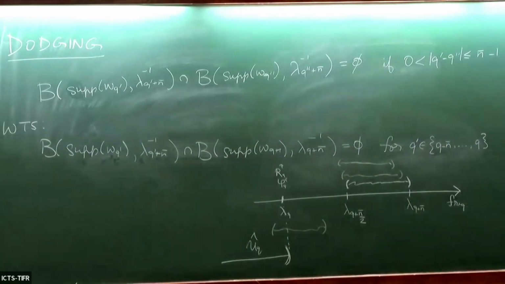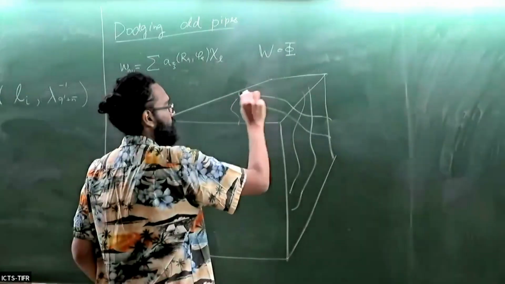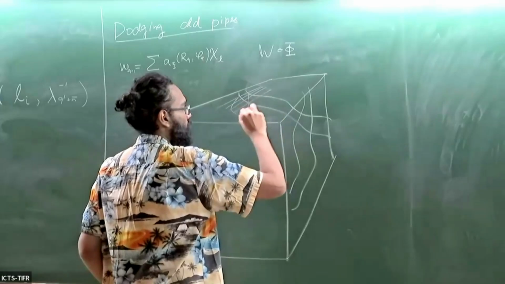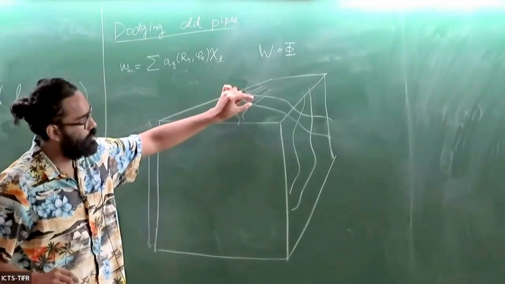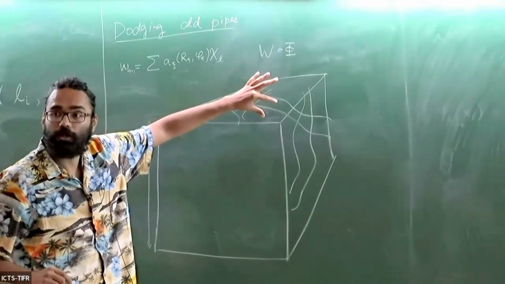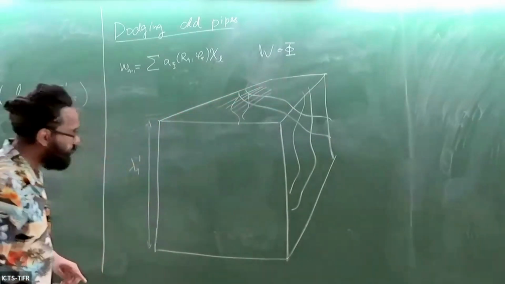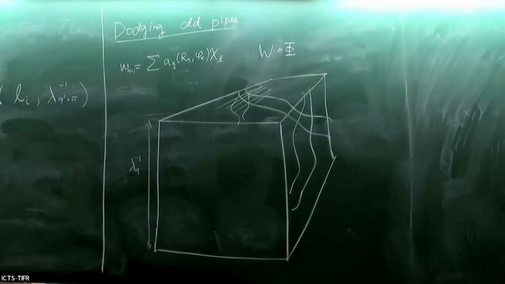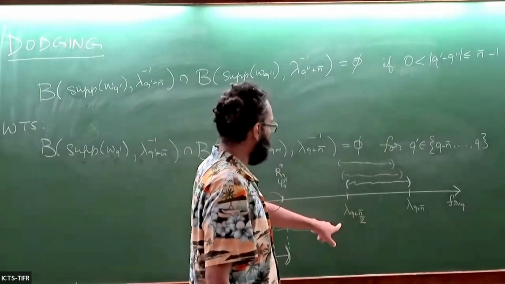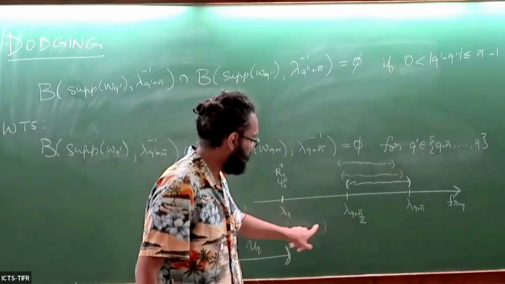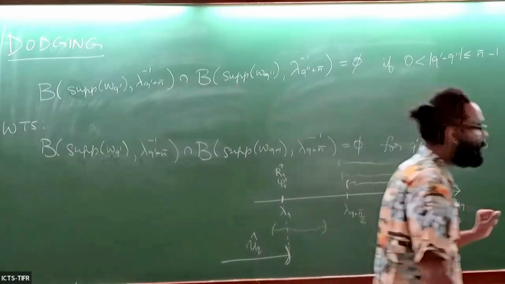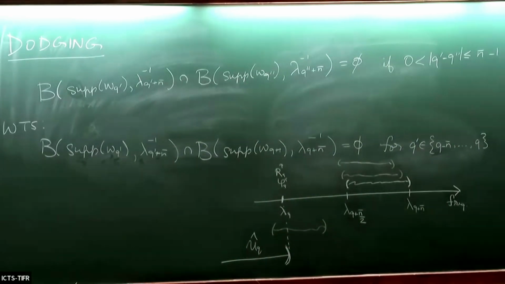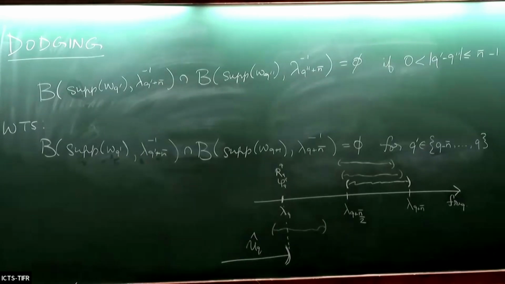So if you were to try to place, say, some lines here of some periodicity which is much smaller than the thickness of these guys, they are going to intersect, and this is going to be the problem. Okay. So the first step is to now identify a subregion of this region where there are no such pipes. So we want to identify a subcube, or subregion of this, for which none of these supports of these perturbations actually intersected. All right. And so the way we are going to do this is,